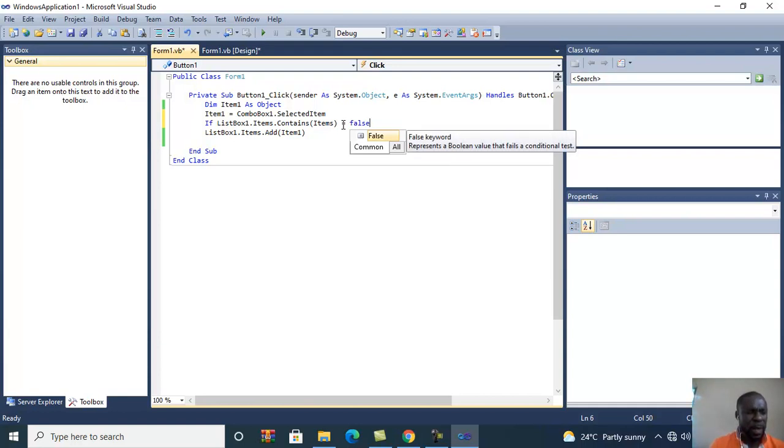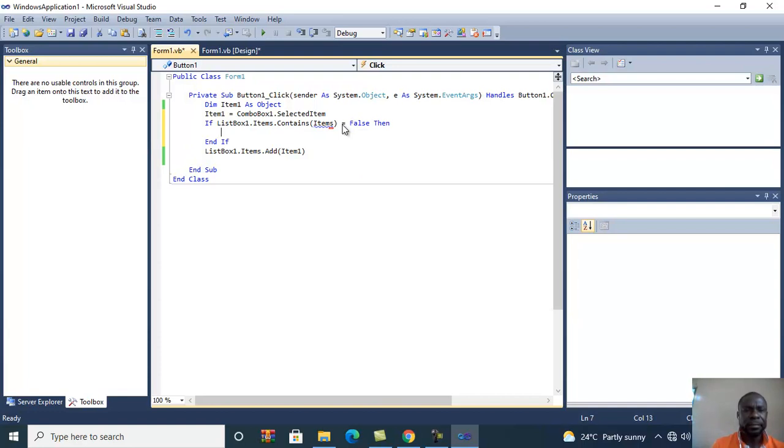If ListBox1.Items.Contains(item 1) is equal to false, okay, then